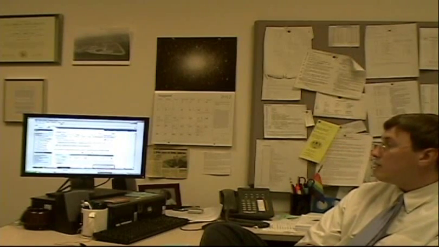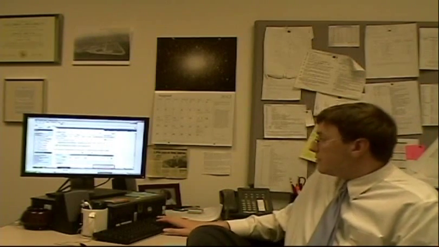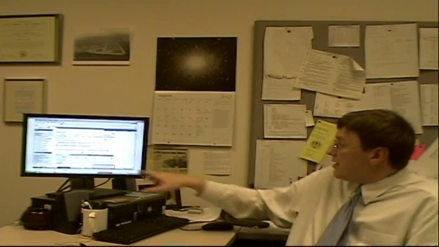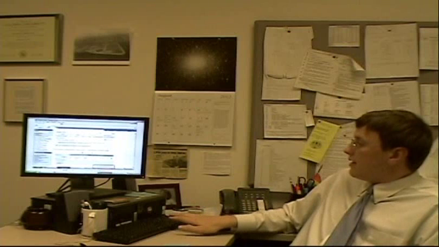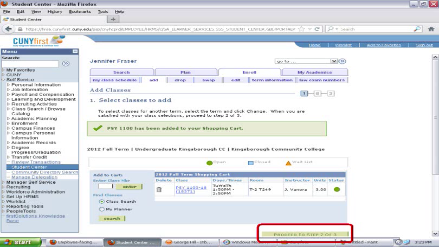Once you click on to actually enroll, you'll get error messages if you have something in your shopping cart and you're not actually eligible for it, okay? So that's just something to be aware of, okay? So what you're going to do, once everything that you want to register for is in your shopping cart, there's a little green button underneath the shopping cart that will say Proceed to Step 2 of 3. So you're going to click on that,